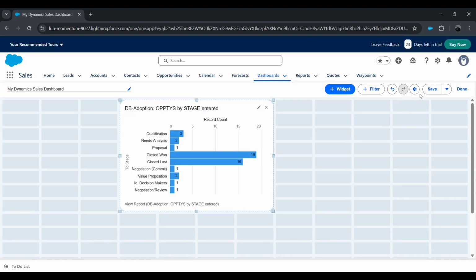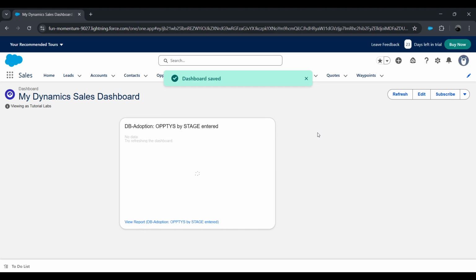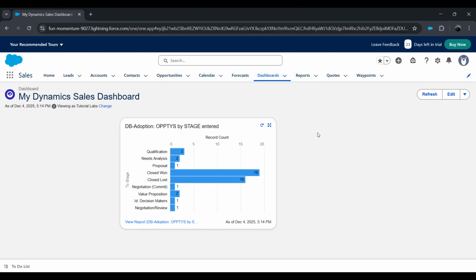Finally, click Save in the top right corner of the main dashboard to preserve all your work, then click Done to exit editing mode. Your dynamic dashboard is now ready to use, and each team member will see personalized data based on their role and